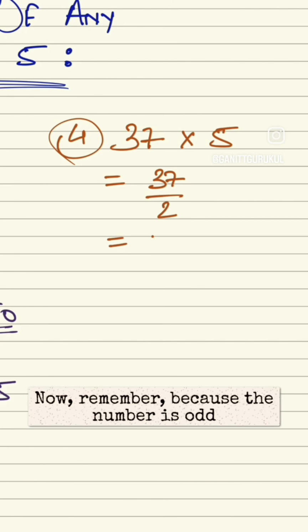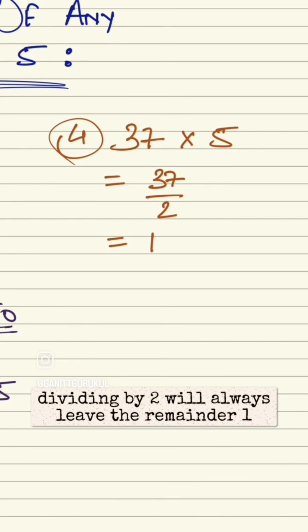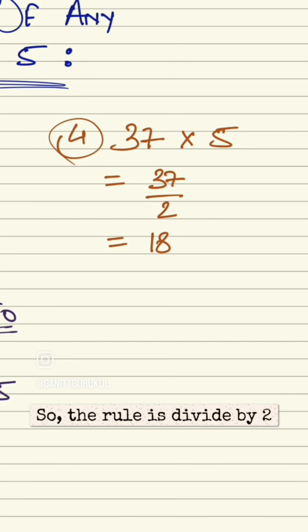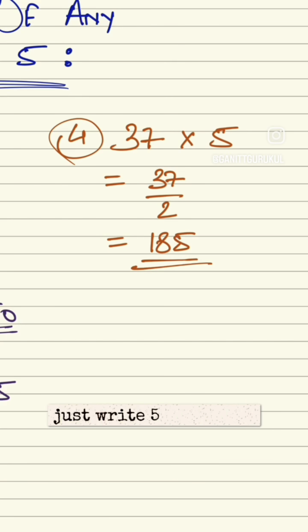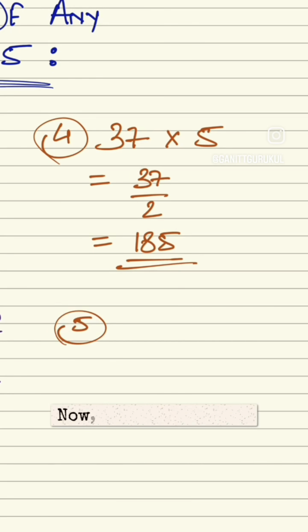Now remember, because the number is odd, dividing by 2 will always leave the remainder 1. So the rule is divide by 2, and if the remainder is 1, just write 5 at the end. That's it. Now next question is